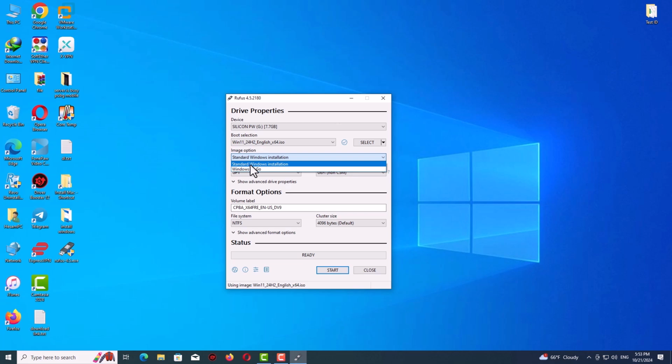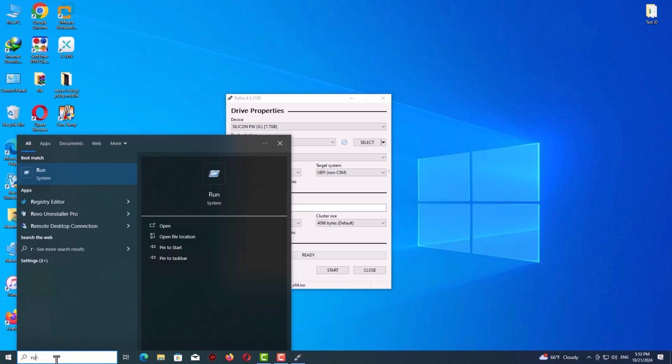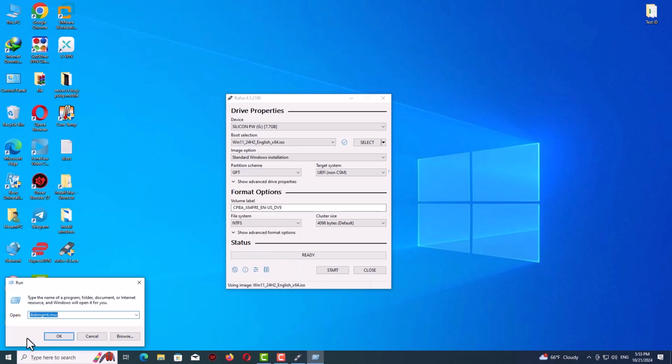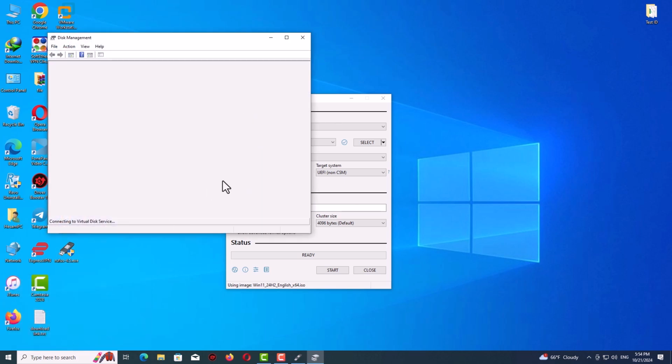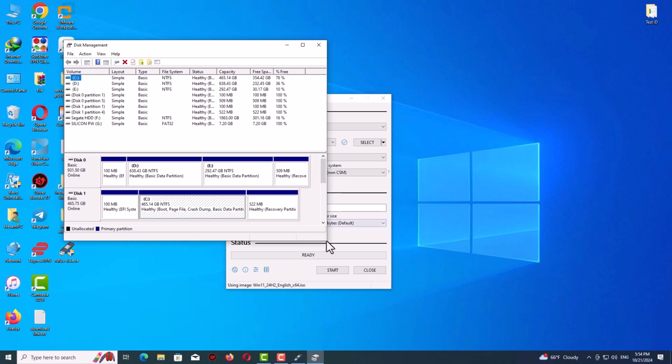So select it, and here guys on partition scheme or partition style, you need to define which partition style you use to create a bootable flash drive. If you don't know what your partition style is, don't worry. Just hold the Windows key on your keyboard and R, or go to search and search for run, and after that type here diskmgmt.msc,